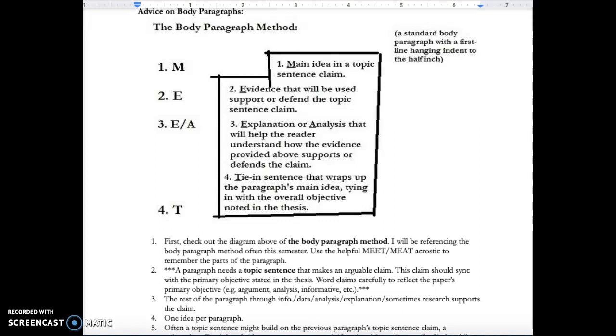The topic of this video is the body paragraph and something I affectionately refer to as the body paragraph method. It's really just a structure for how the body paragraph ought to flow. As you can see on the left-hand side of this somewhat crude drawing is an acronym that spells the word